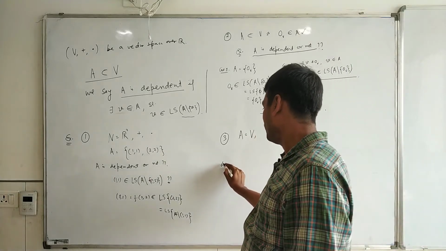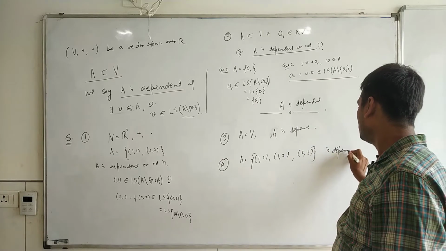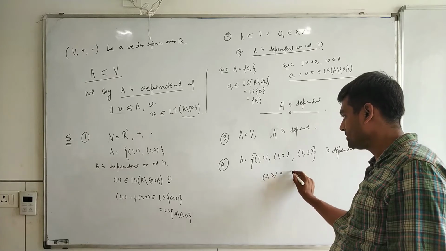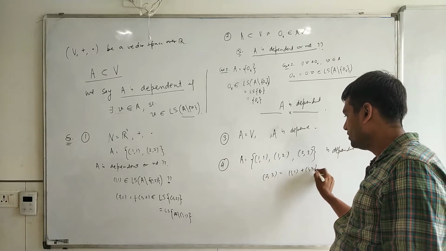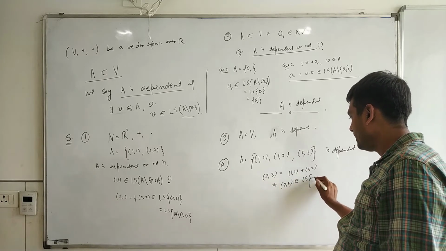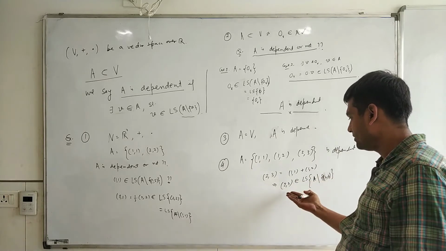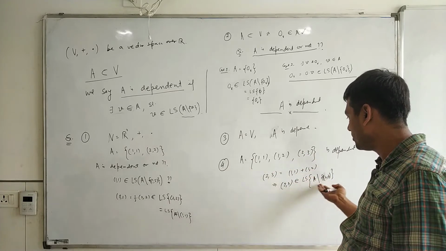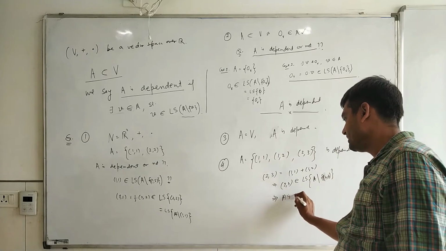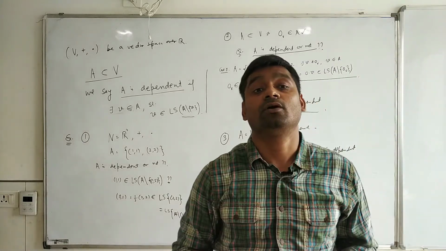And then we have proved that if A is any set which contains 0V, then that has to be dependent. Okay, question number 4. Is this dependent or not? What will be your answer? It is dependent, because you can write (2,3) equal to (1,1) plus (1,2). This implies that (2,3) I can write as a linear span of A minus (2,3). So this means I got one vector which can be written as a linear combination, linear span, of the others. So A is dependent. These are the simple examples to understand whether some set is dependent or not.